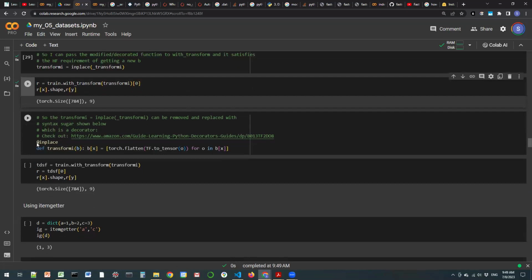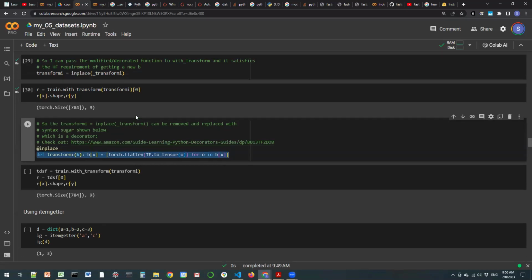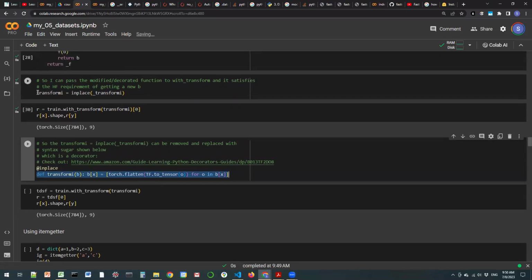And basically, if we say at in-place and then code the function that does the in-place modification, this formulation is nothing but what's referred to as syntactic sugar for doing that,